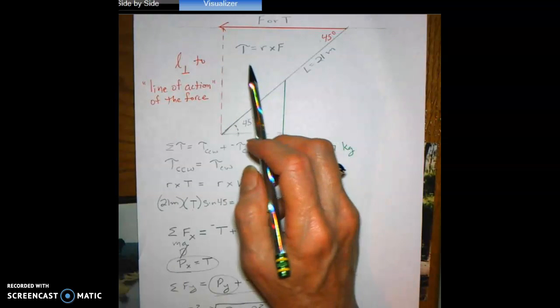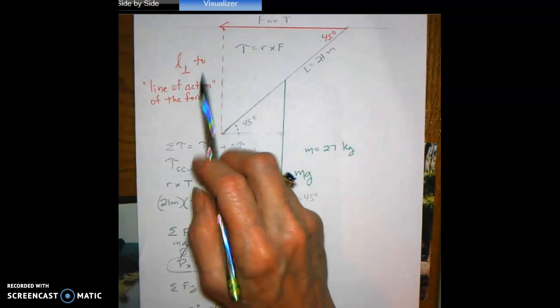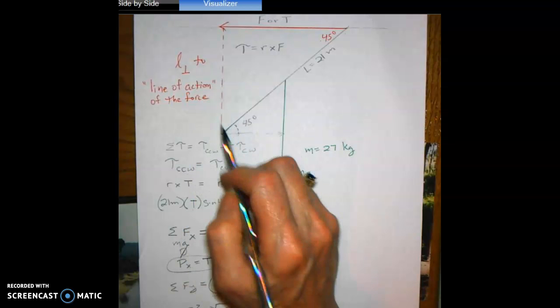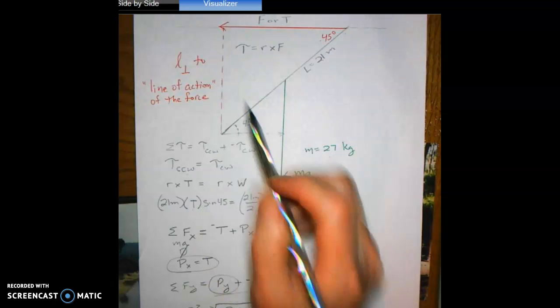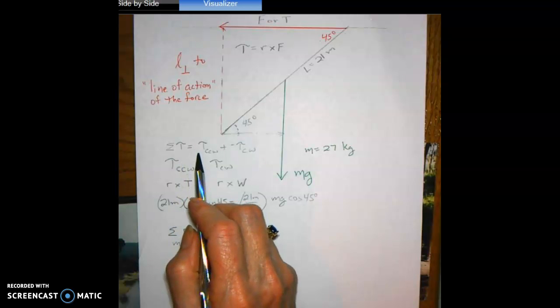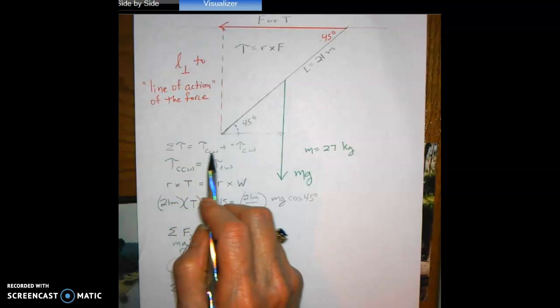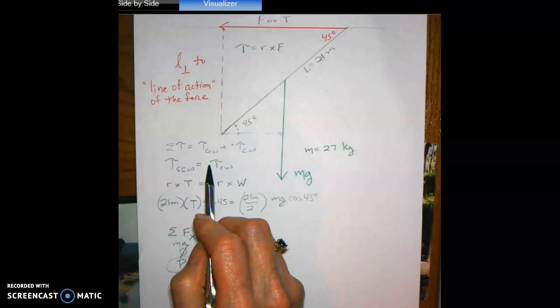The key idea with torque is that you multiply a distance times a force, but you need to put sine or cosine in there so that you have the perpendicular distance from the pivot point to what's called the line of action of the force. So I know this has to be balanced because it's not falling down. So my torque is going to equal a great big sum of the counterclockwise plus the clockwise torque. When they sum to 0, I can set them up to be equal to each other,